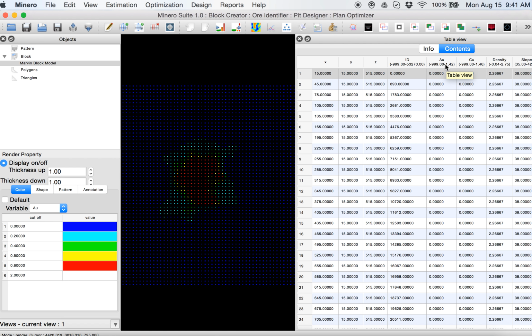Variables such as AU and CU contain gold grades and copper grades. Variable slope has geotechnical slope angles.